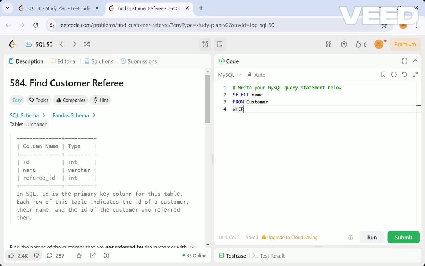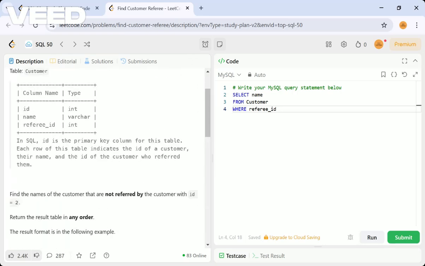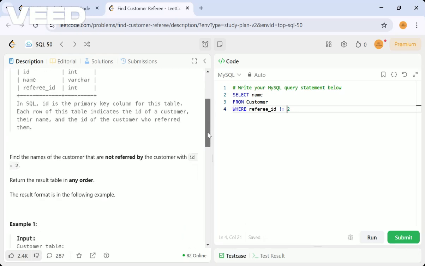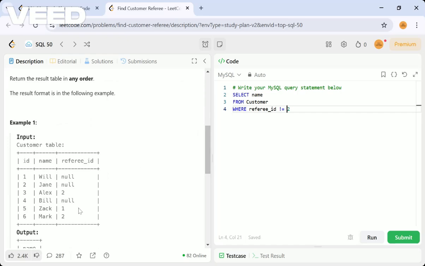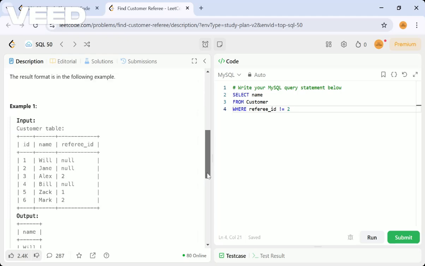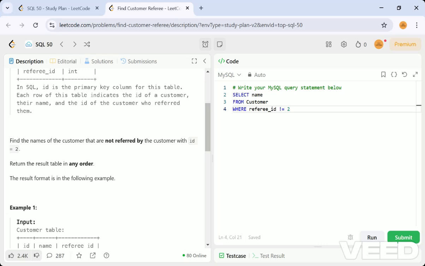What is the condition we have to give? We have to use a where clause for that. We should apply the condition on this particular column, that is referrer id, and it should not be referred by two. They are not adding any other condition. Should not be referred by two, that much only. They mean it can be referred by one or others also. You can just submit and check whether it passes. They are concentrating on this only, or you can add another condition.